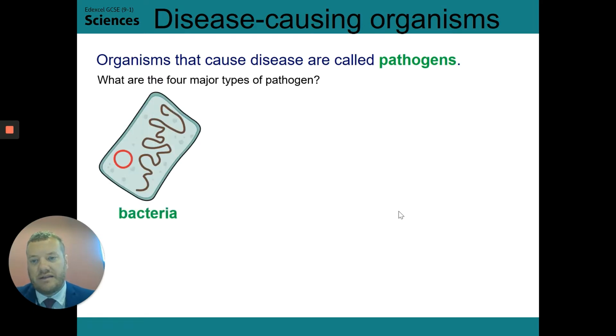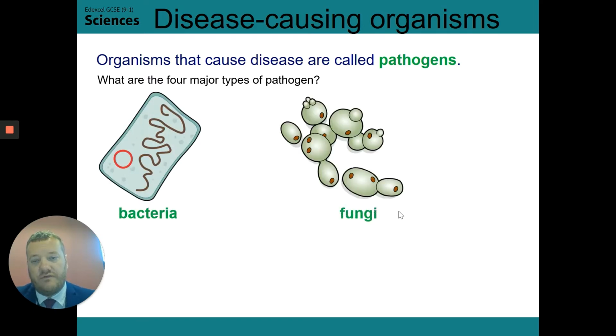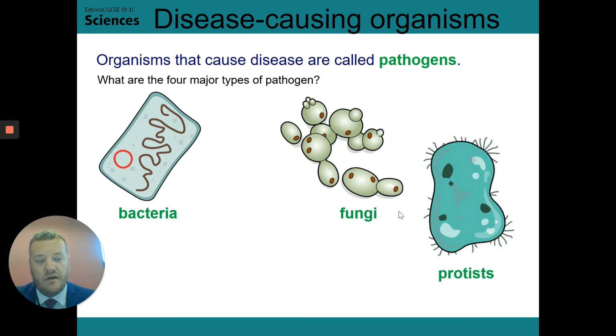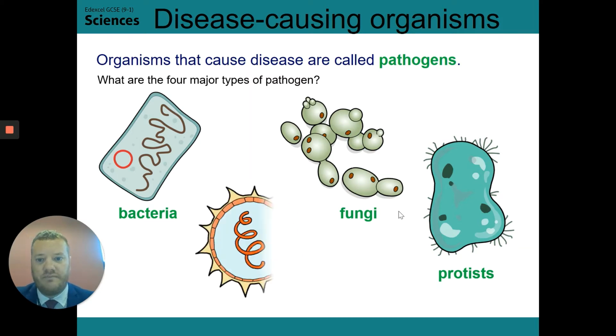So you have the bacteria, fungi, protists. This is probably the one that people are least comfortable talking about. Protists are just simply single-celled, small, simple organisms, but they're small enough to infect us, and they can cause us some harm as well. And there's one particularly famous disease which is caused by protists, which we'll talk about in a minute. And then finally, very topical at the moment, we have viruses as well, obviously with coronavirus going on.